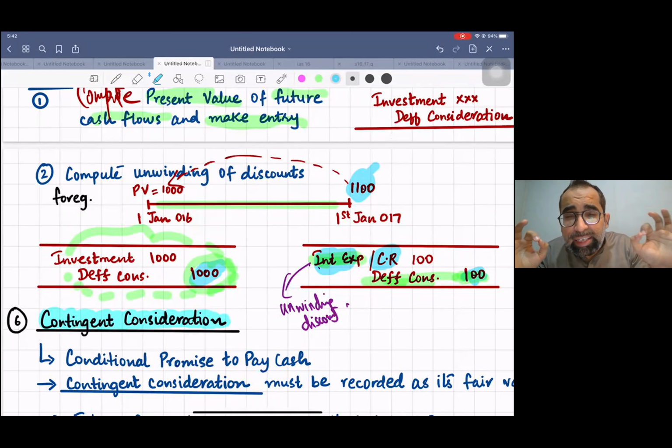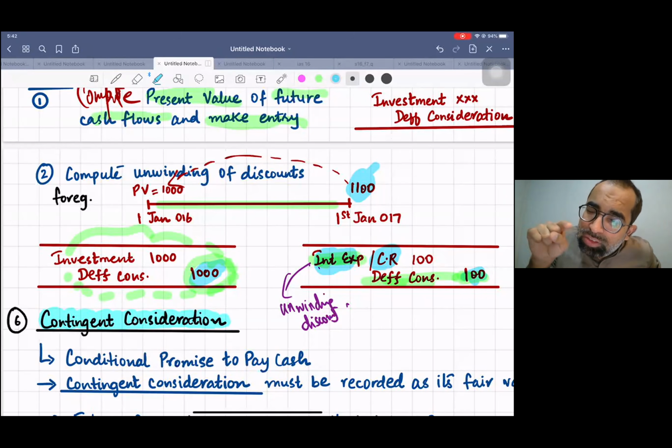And in 99.9% of questions, examiners do not record this complete transaction of deferred consideration. So you need to do it yourself. That means this interest expense has not already been booked by the examiner. So now when you will book